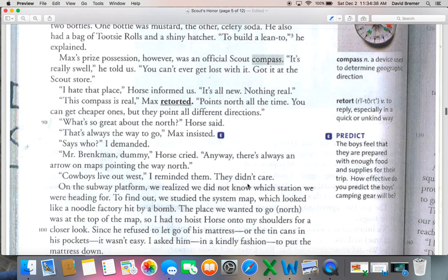They didn't care. And this is going to be a point of contention because their thought is that because the arrow points one direction, that's the way they need to go. When really that helps you just orient the compass. And when you go out to Chain of Lakes later this year, we'll be doing some orienteering and you'll find out how to use a compass.